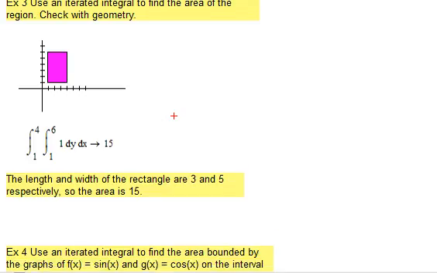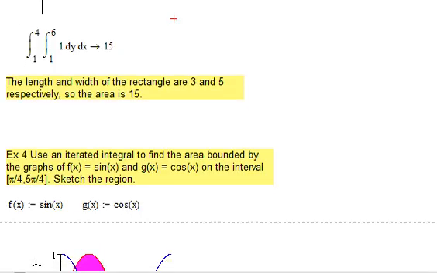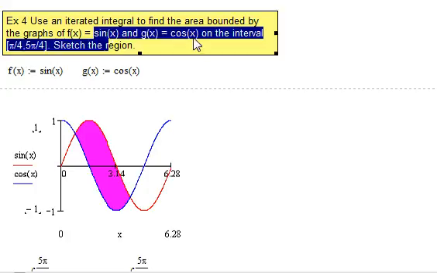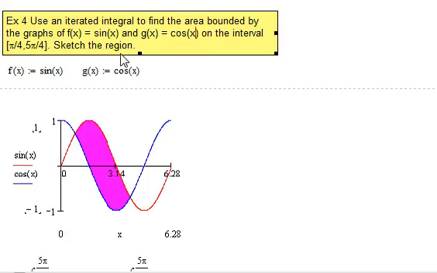Wow! Yeah, right. So let's try one that's a little more of a challenge. Use an iterated integral to find the area bounded by the graphs of f of x equals sine of x and g of x equals cosine of x on the interval from pi over 4 to 5 pi over 4, and then sketch the region. Well, I did that first. I sketched the region